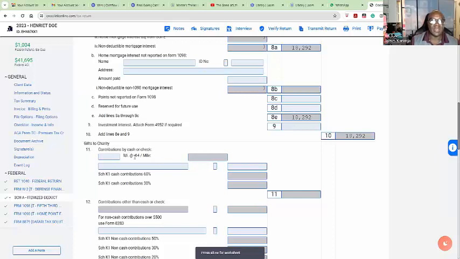Then if you had a contribution for charity, cash, check, okay, this is where you put it. You put in your church, Umoja, Presbyterian, you put it here. And say maybe they give 10% of 4,100 or maybe 200. If you add